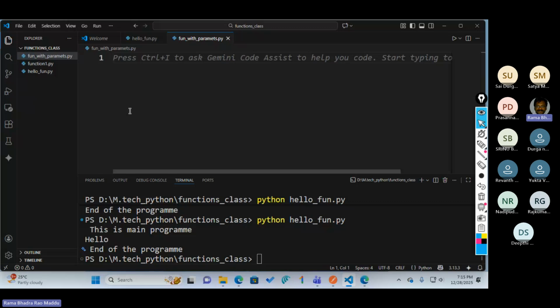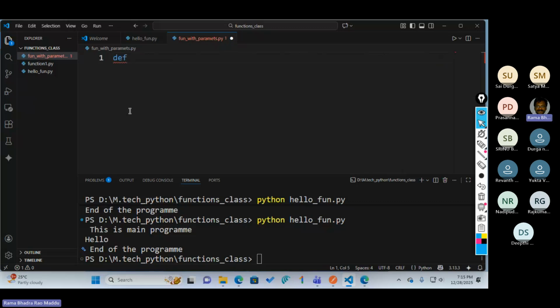So first I need to write my definition. I'm writing greet, so my function name is greet. I'm taking some input, nothing but I'm passing some value to the function. The name is a parameter. If you want to pass more, age also. But one thing you must remember, here variable type is not there. That's why in the name you can pass a string, you can pass a number, you can pass anything.